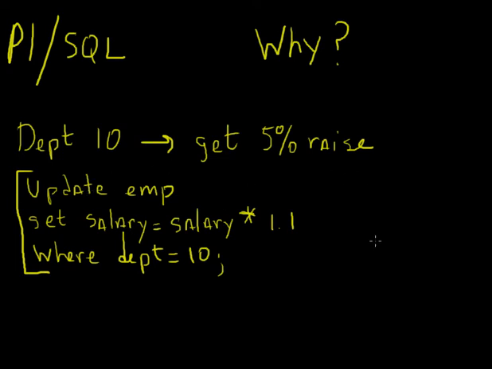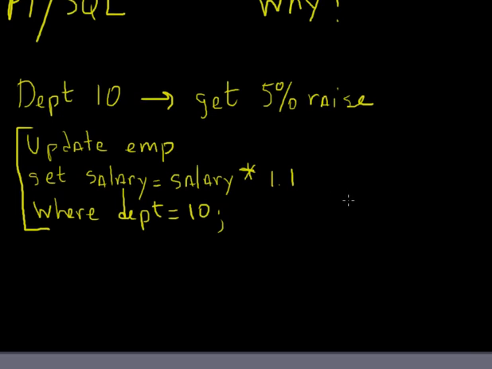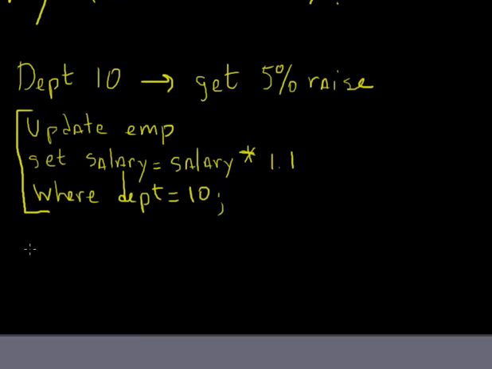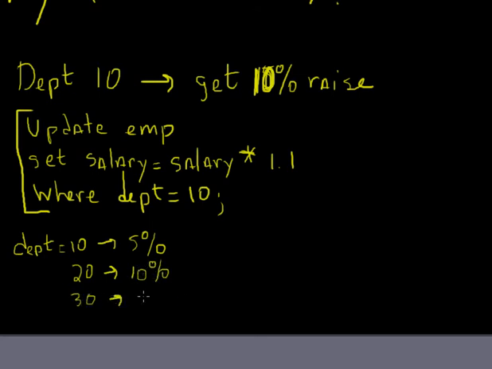So let's say I have the second scenario, where I want to give my employees raises. If they're in Department 10, then they're going to get a 10% raise. Sorry, I said 5% there, it should have been 10%. If they're Department 20, they're going to get a 10% raise. And if they're Department 30, they're going to get